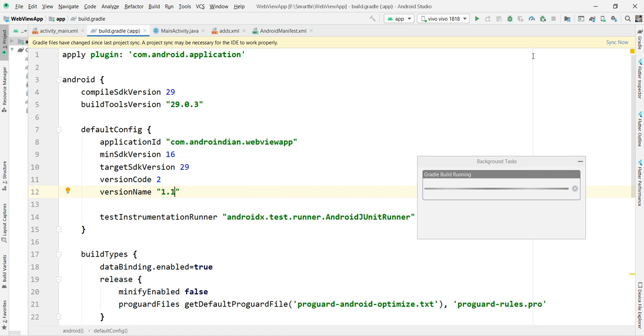I also want to add some of my developers to update an app, so how to add developer accounts we'll discuss in detail in our next videos. Now this is working; once it is completed we can see it here.